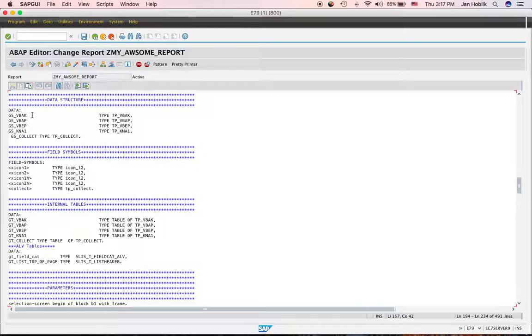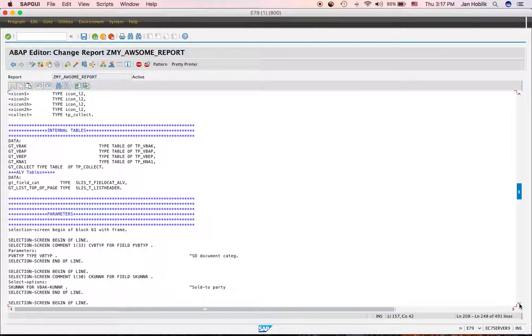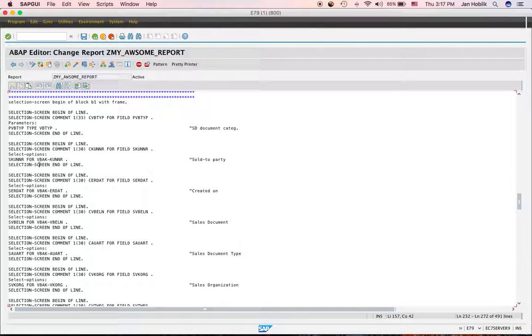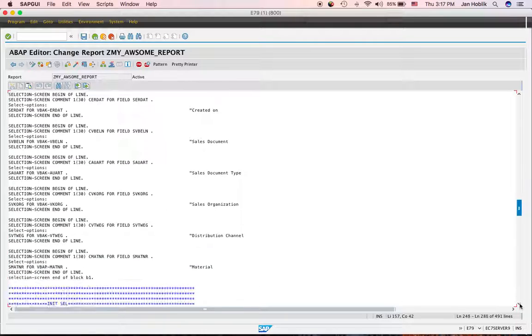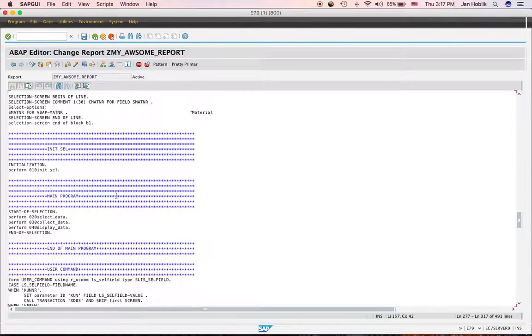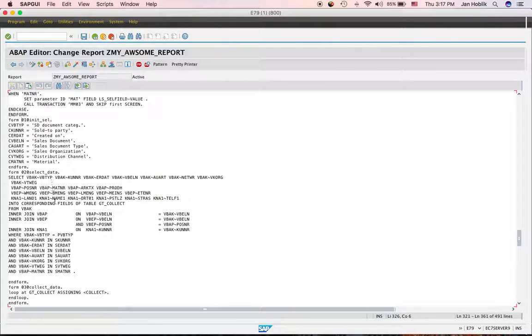It generates for us all these structures to help us to display the content. Internal tables. All these selection parameters. I mean, it created a part where we could populate, for example, a date range. We'd like to just display by default some stuff, or for example, we could pre-populate